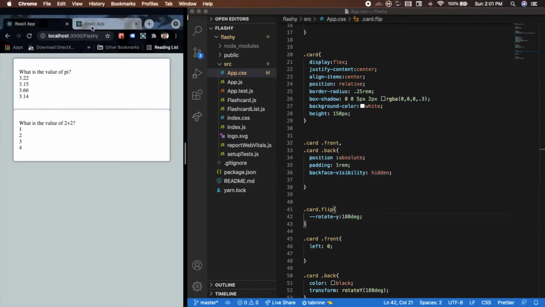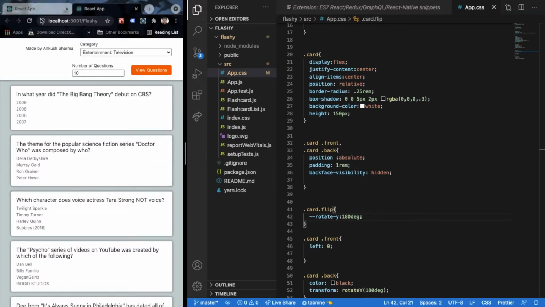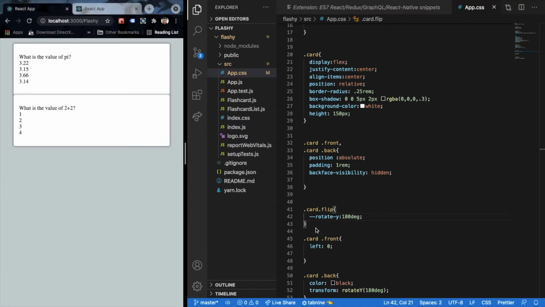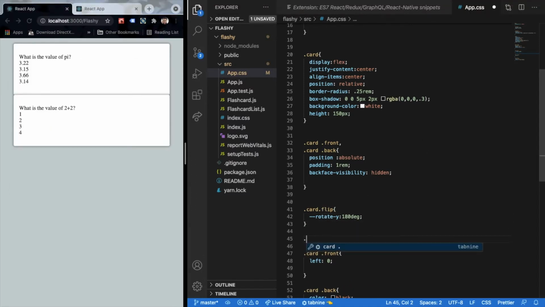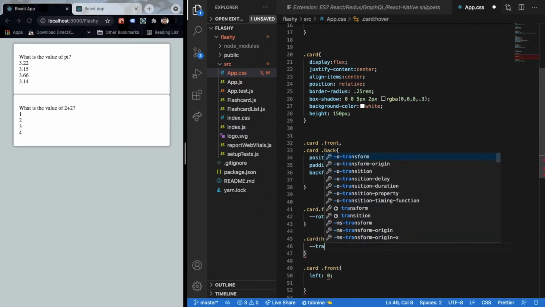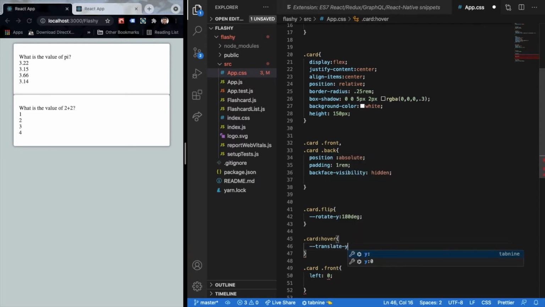Now, you must have noticed that there is also this sort of hover animation happening. So let's also add that after this flip animation. So we'll say card hover, and then we'll add some translate y. We just wanted to move a little, so we'll add minus 2 pixels over here. And I want the same box shadow that I had earlier to pop up. So I'll just copy that and paste it over here. Maybe just darken it a bit, so just adding 0.5 instead of 0.3.